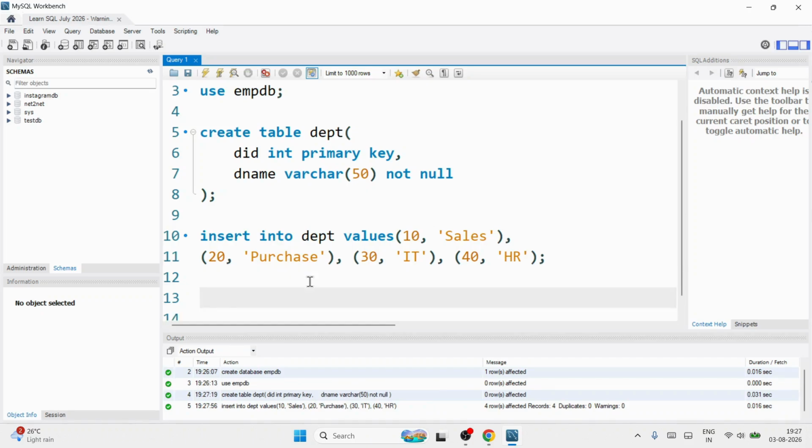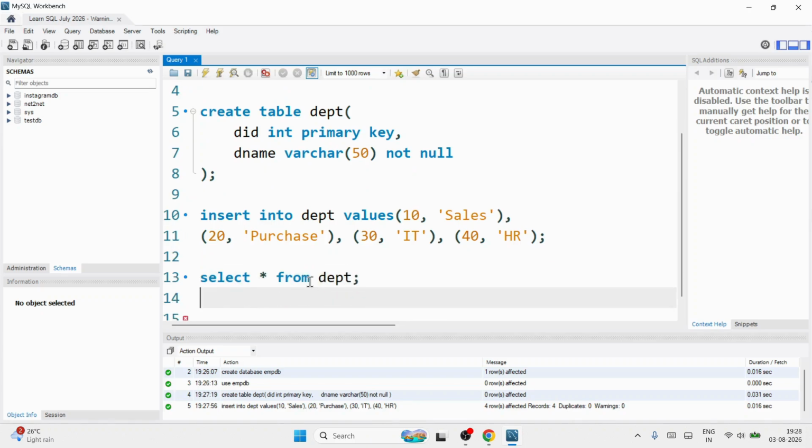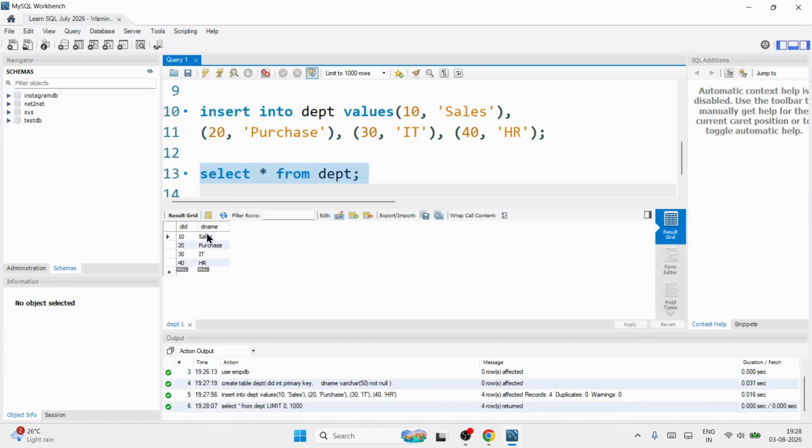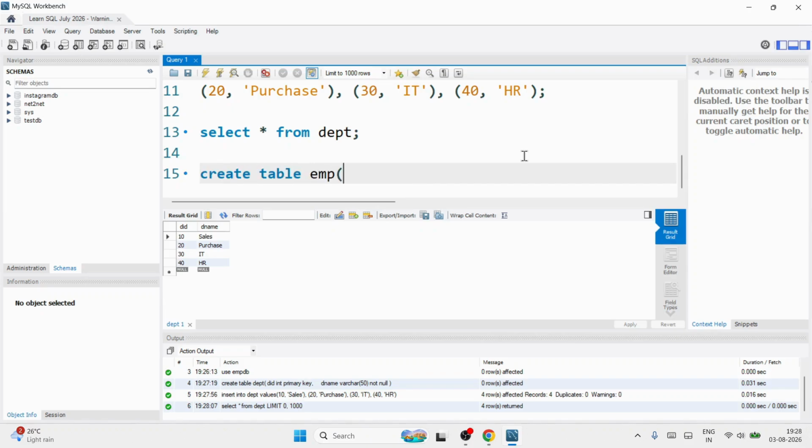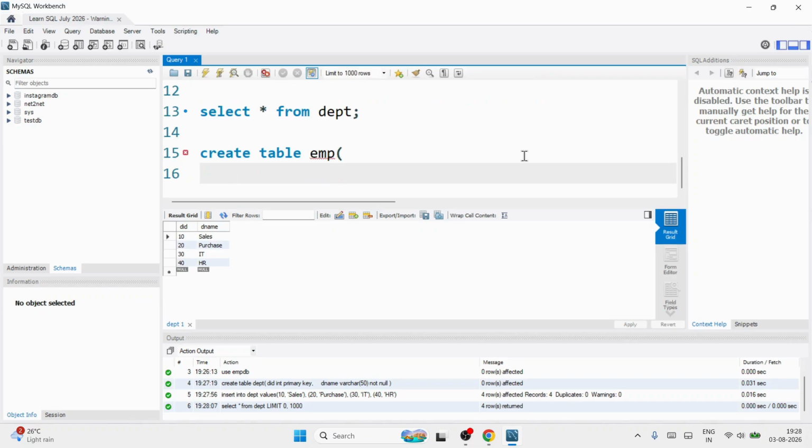Now you can see there are four records. Four records are added in department. Now what we'll do is we'll create one child table. Create table employee with employee ID,